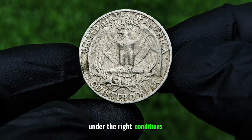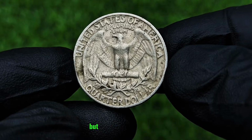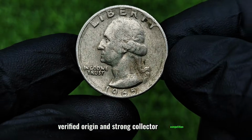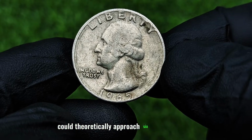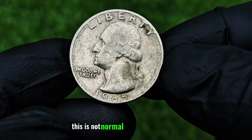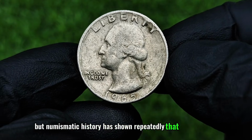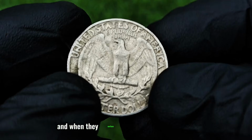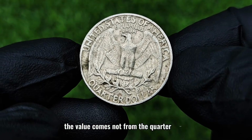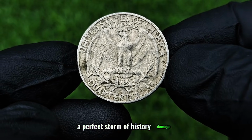Under the right conditions, a visually shocking 1965 Washington quarter with severe but fascinating anomalies, verified origin, and strong collector competition could theoretically approach six-figure territory at a high-profile auction. This is not normal. This is not expected. But numismatic history has shown repeatedly that outliers exist, and when they surface, traditional rules collapse. The value comes not from the quarter itself, but from what it represents, a perfect storm of history, damage, rarity,